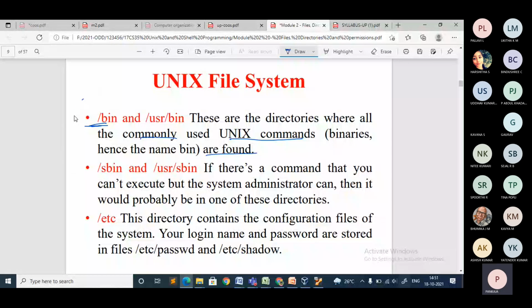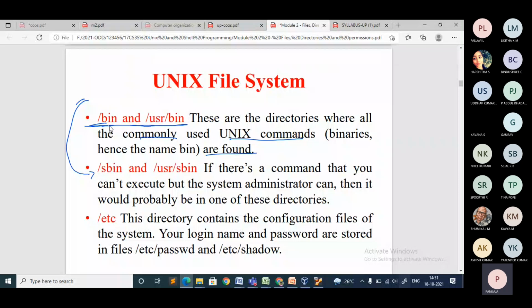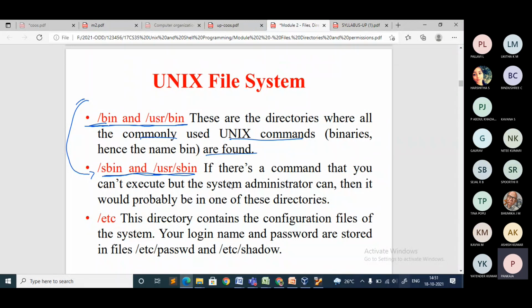those commands related to admin are stored in /sbin and /usr/sbin. Okay, don't get confused here. This is for all the basic commands, and this is for the commands that are not executed in user mode and are to be executed in administrator mode. So those commands will be stored in this directory. Okay. Then we have